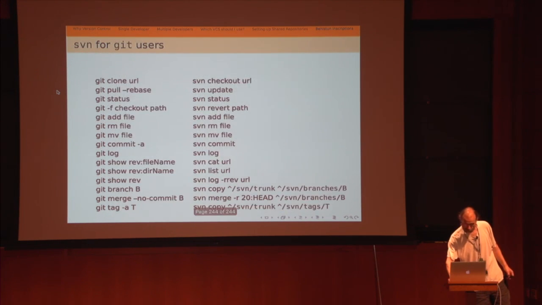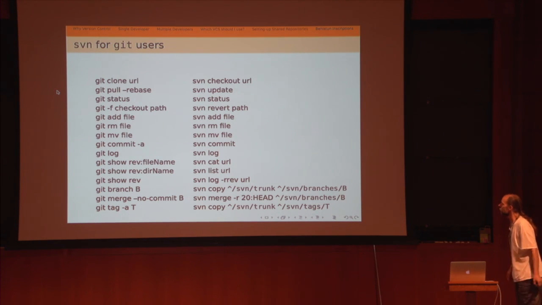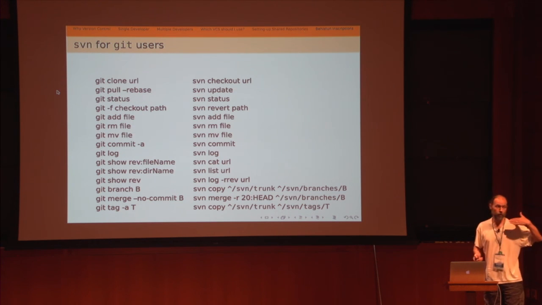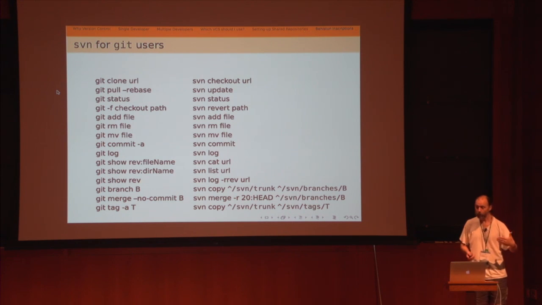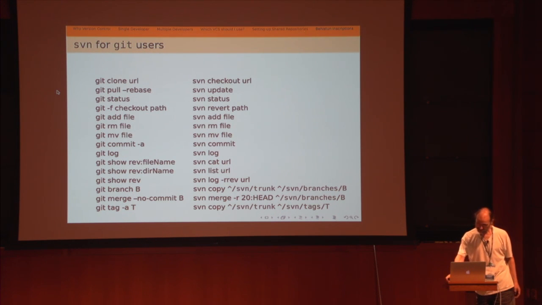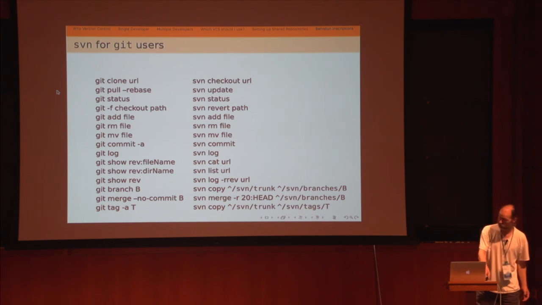And here's the corresponding translation inscription for converting SVN for Git users. They're really similar. The things I've been talking about were supposed to give you some idea of how these things work and why these things work. But in practice, unless you get into trouble, the commands are basically the same. You say git status or SVN status. Hey, you could have guessed that. That one's more obscure. And I didn't bother to put in the translations between Mercurial and Bazaar and things like that.